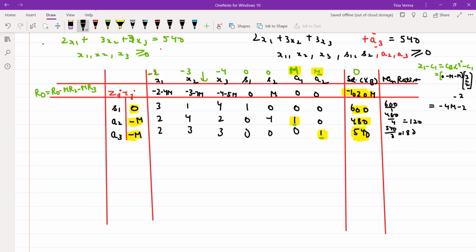So which is minimum? 120. That means this is my leaving variable. So this is my pivot element. I have to make my pivot element as 1, and this element 0, this element 0 and this element 0. So when you perform the next iteration,